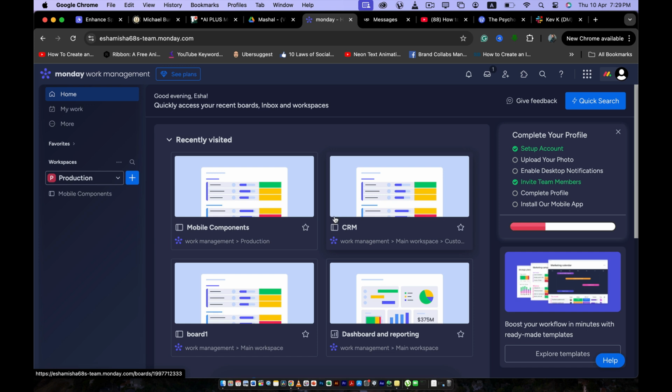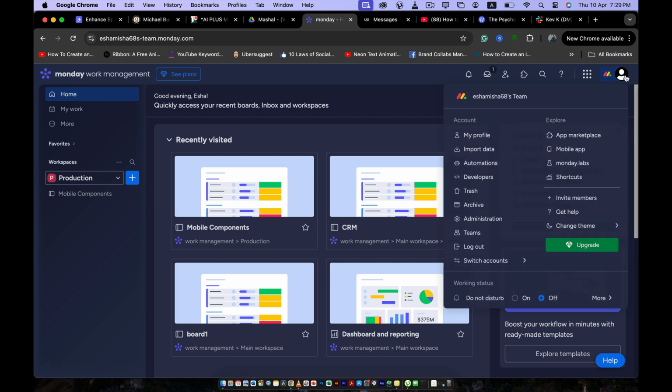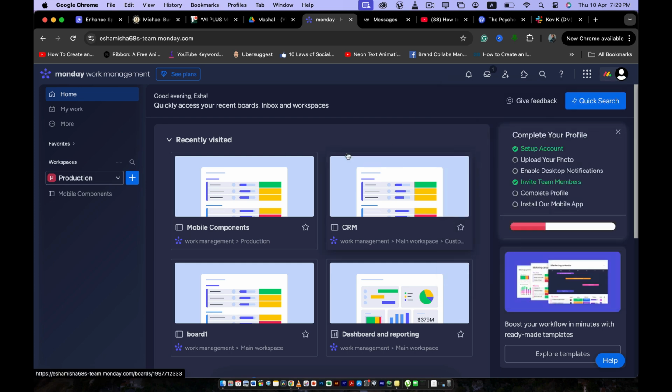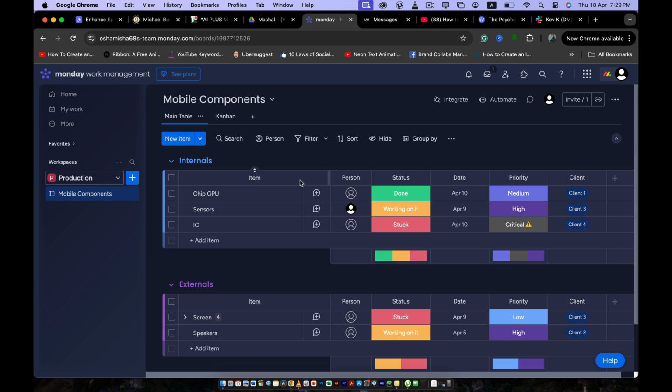So the first thing that you need to do is log into your account, and once you log in you will be redirected here on this home page. Here you can see there are a lot of boards that we are working on. We can open any board. For example, this is the board that we want a table view of, and you can see it's segregated by